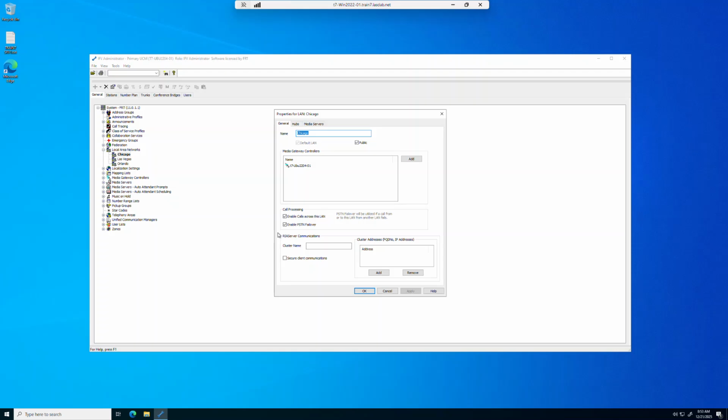So we will need to add a name to the cluster of Chicago. So we will name it Chicago. This name will be able to be selected by the users when they first run the client application that we call the UC client, and they need to select which server they need to connect to. And then we will need to add cluster addresses,